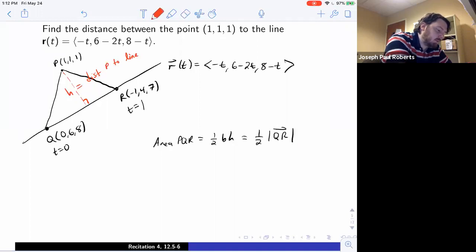So I'll just make that red just so we can keep in mind that that's what we want. Okay, and then the other hint I gave was think triangle area and length of cross product. So we also know that this is equal to 1/2 the length of P. Well, it doesn't matter what we do. We talked about this